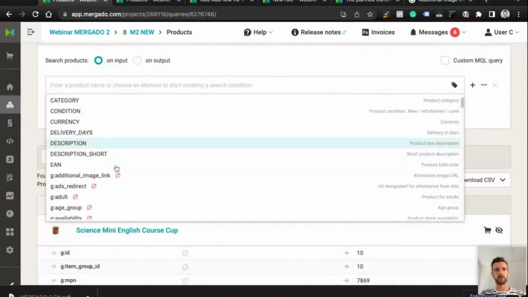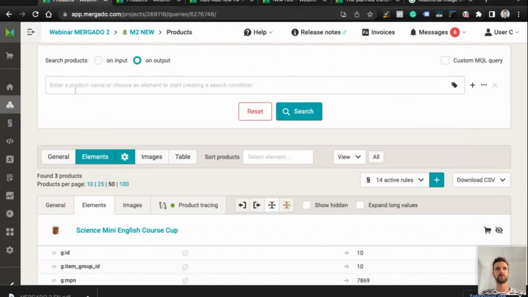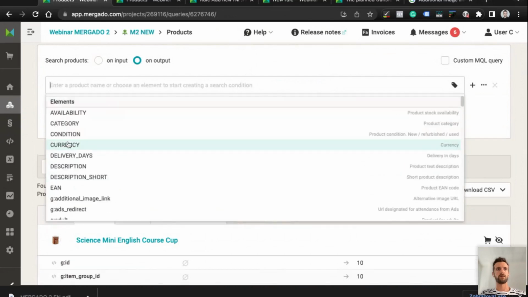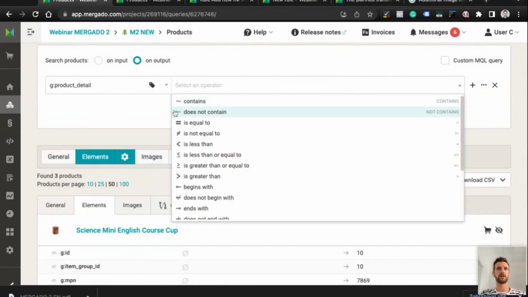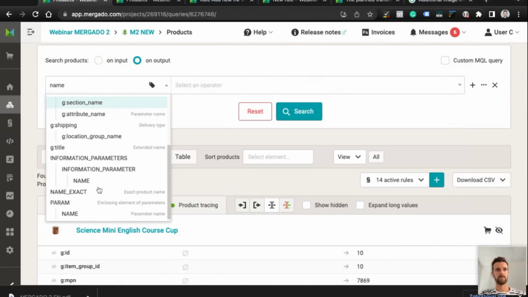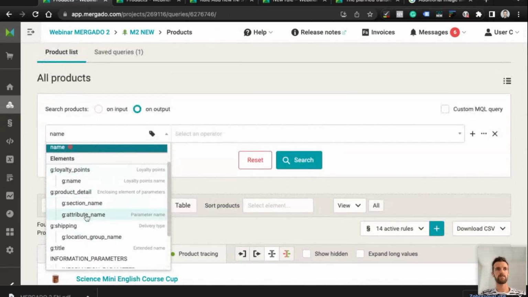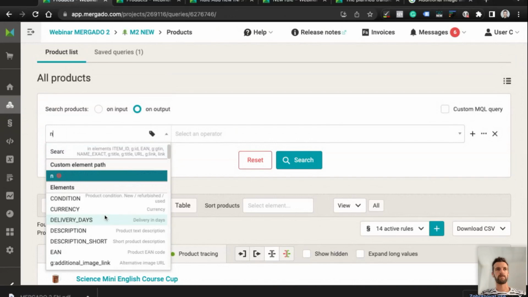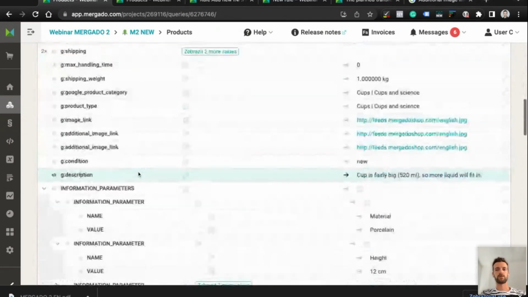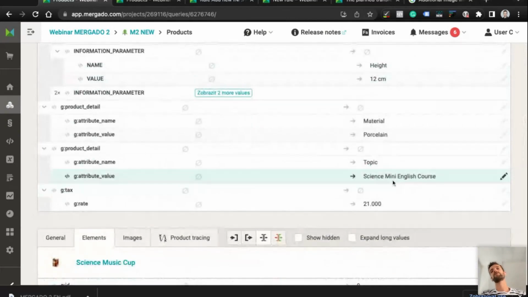We can specify on output the g:additional detail, g:product detail, g:product detail attribute name, or value. Okay. So let's see. We want to target